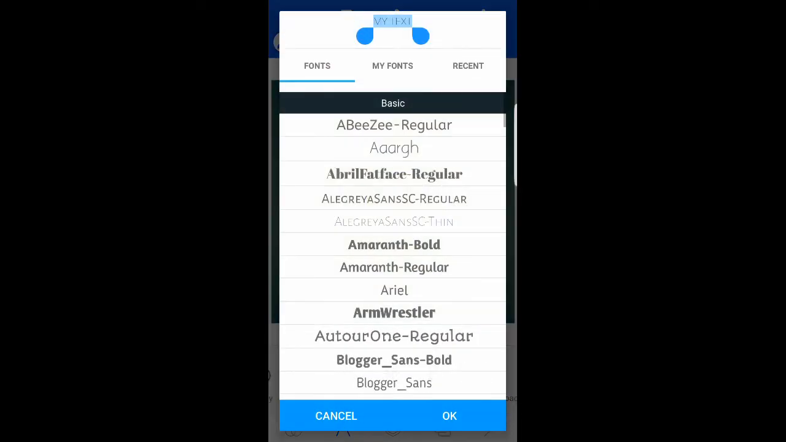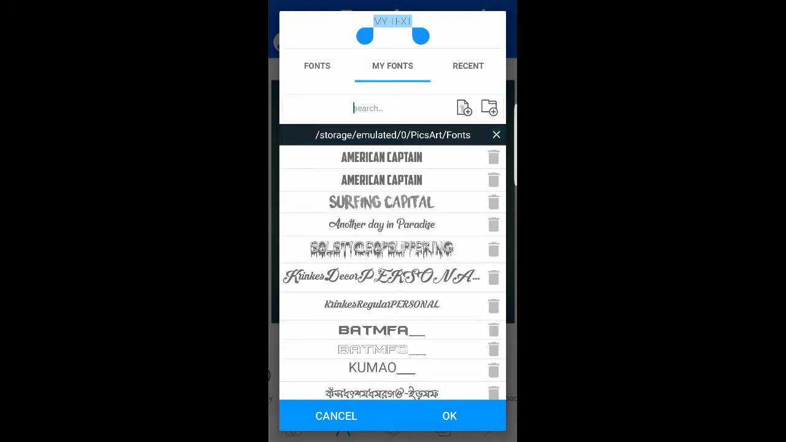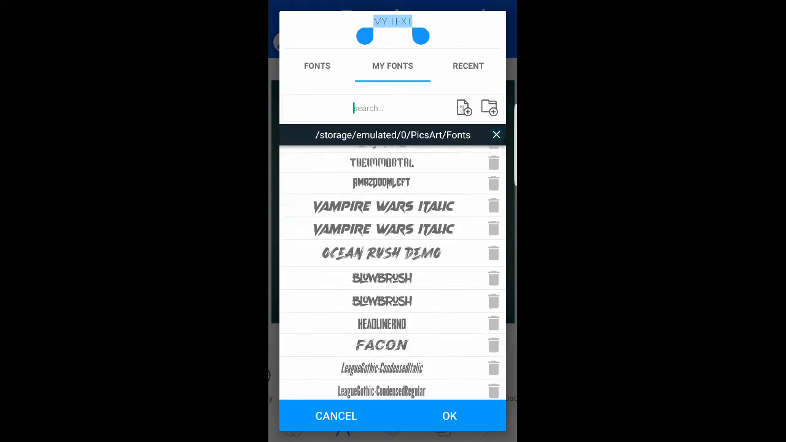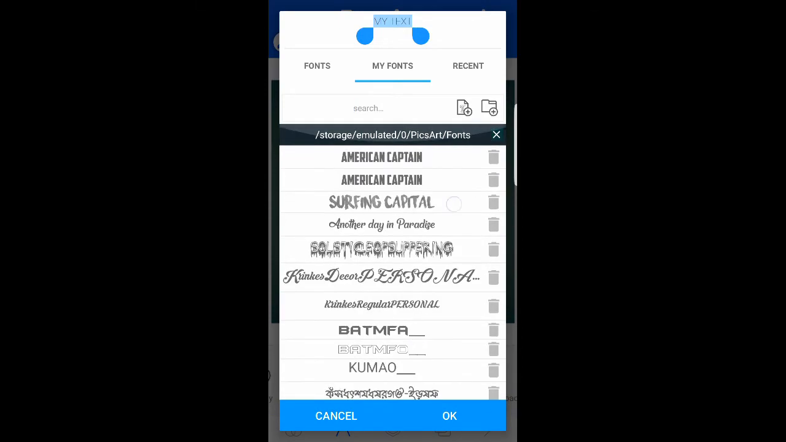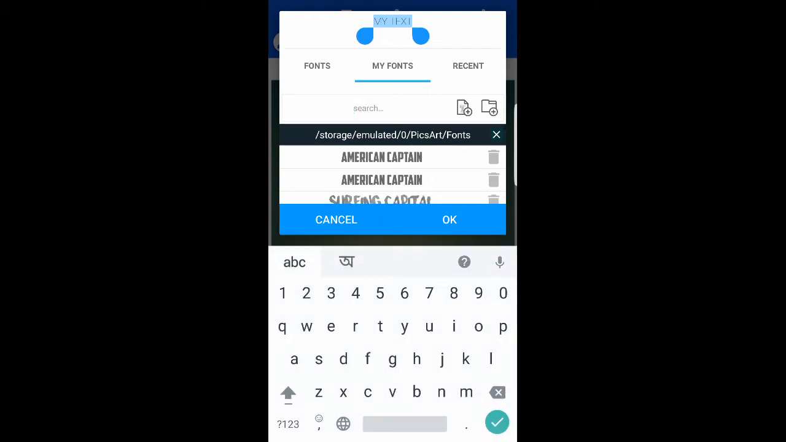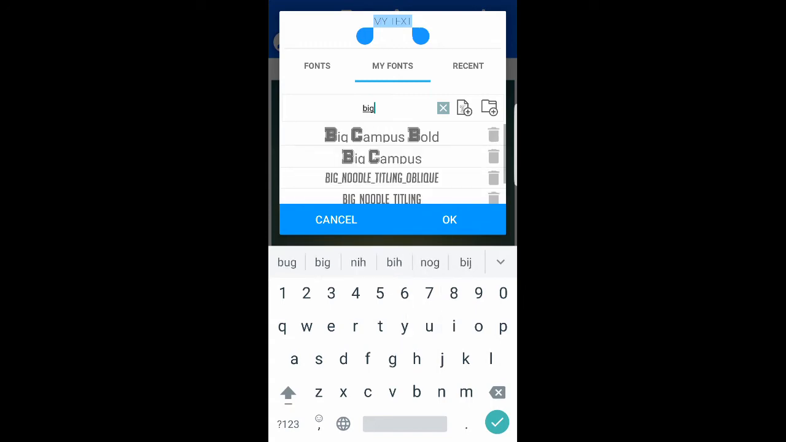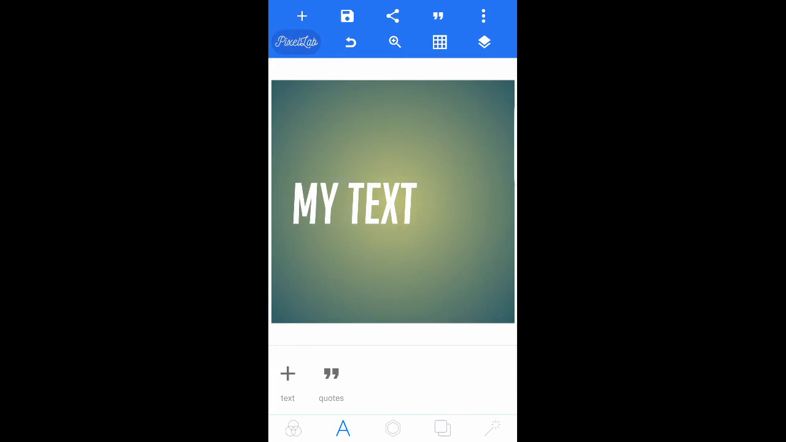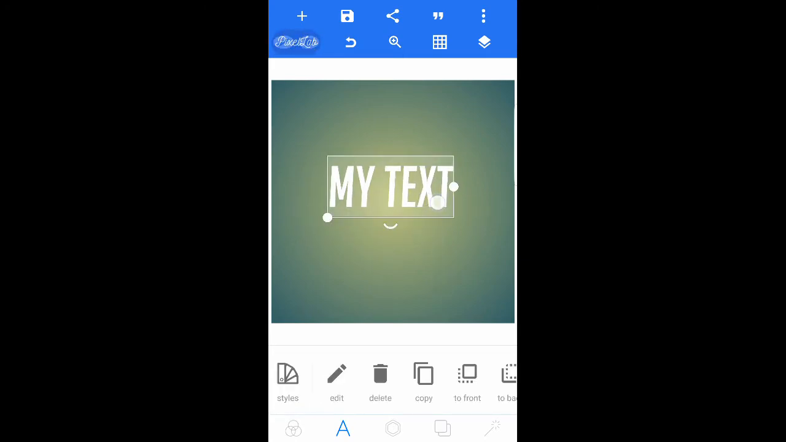You can find fonts on dafont or many other sites, or you can search on YouTube for a font pack. You can see many font pack videos you can download there. I will search big noodle, it is my favorite font. My text, and then you give your glow,